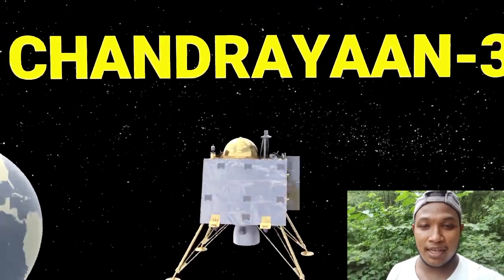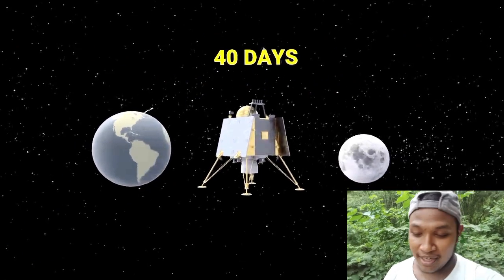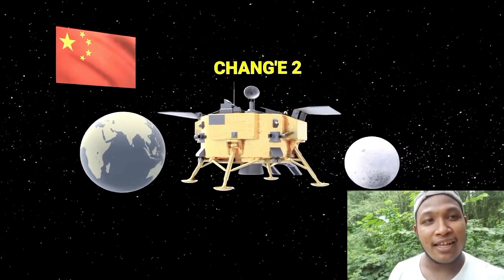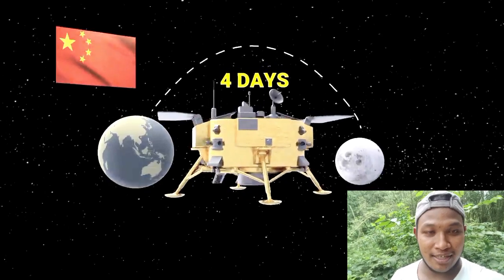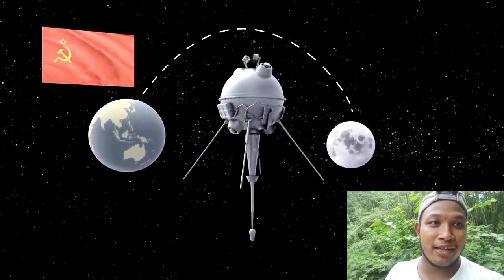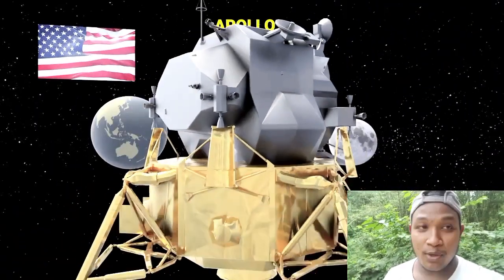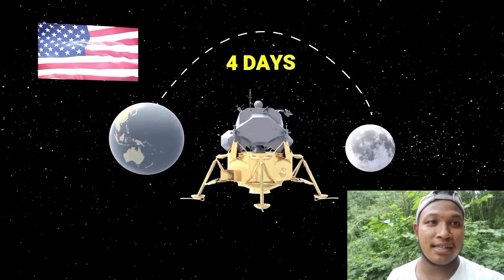Presenting the billion-dollar question, why did they require 40 days for the Chandrayaan-3 lunar exploration mission to reach the southern pole of the moon? In contrast, China's Chang'e 2, launched in 2010, only took 4 days to cover the distance between Earth and the moon. The Soviet Union's Luna 1, the pioneering unmanned mission that came close to the moon, accomplished the journey in a mere 36 hours. Even Apollo 11's command module, Columbia, which carried 3 astronauts, reached the moon in just slightly over